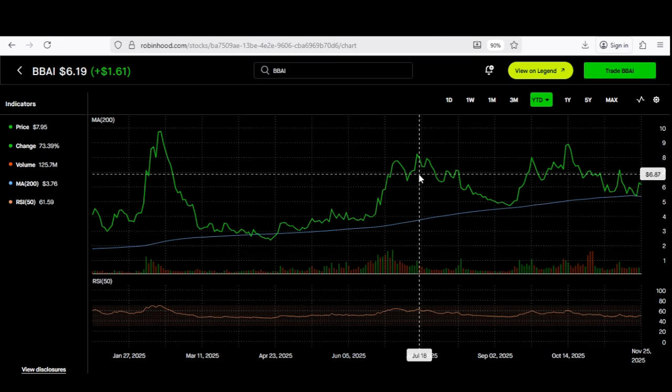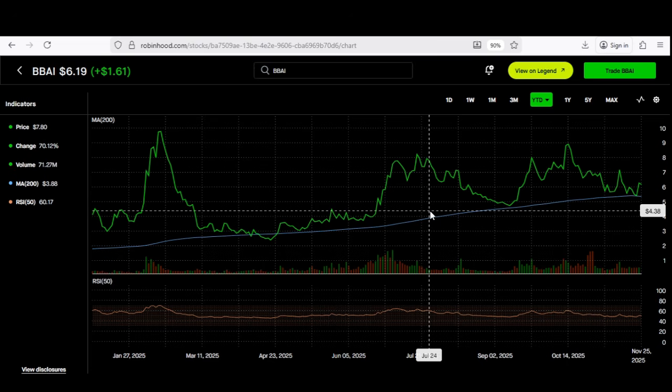So I'm going to go to the top now. I'm going to draw another line. Now this line here is what's going to represent a very strong resistance. The resistance here is going to be $7. Also, can the stock go above this $7 resistance line? Yes, it can, and it has several times, but it always comes back to it. So the current channel that BBAI is trading within is between the $7 and the $5 range. That's going to be the groundwork, the foundation for us to do this option strategy.